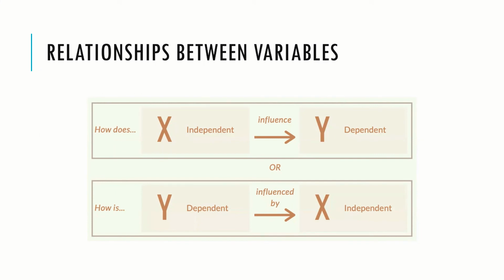So we're just taking things that exist out there based on our units of analysis. We're taking things that exist out there. We're converting them to variables. And we're saying, as an empirical social scientist, we want to understand across all of my sampling, how do they relate to one another? How does X influence Y? How does the independent variable influence the dependent variable? Or conversely, how is Y influenced by our independent variable X?